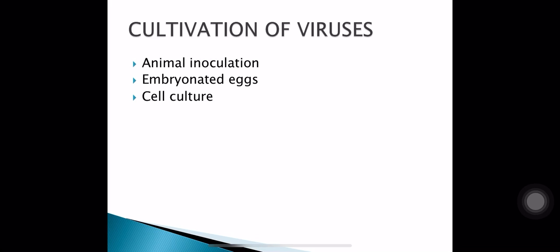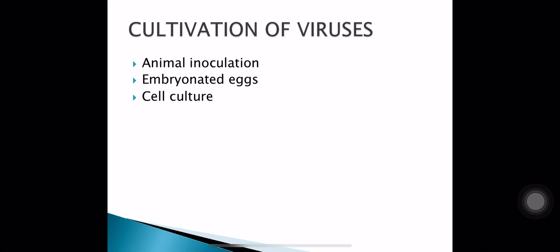General properties of viruses, part 3. Cultivation of viruses. Viruses cannot be grown on artificial culture media like bacteria. For growing viruses, we require some live cells. And for this purpose, there are 3 different methods which have been used for growing viruses: animal inoculation, embryonated eggs,